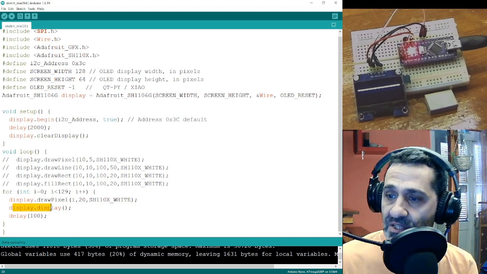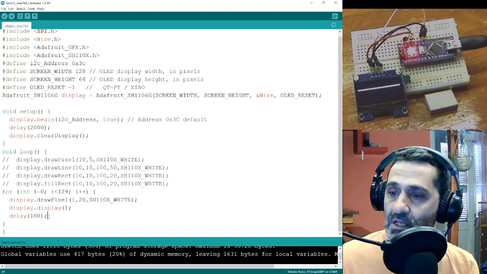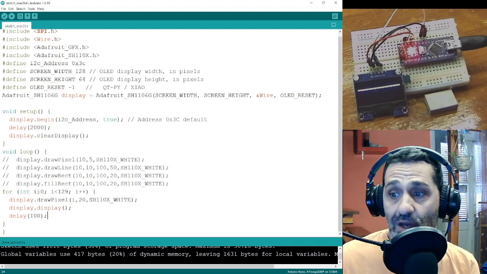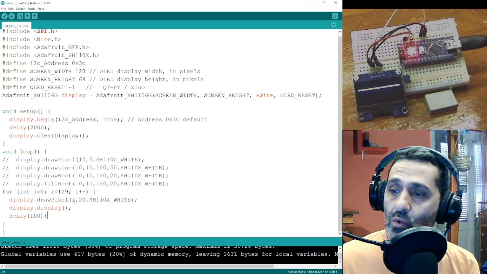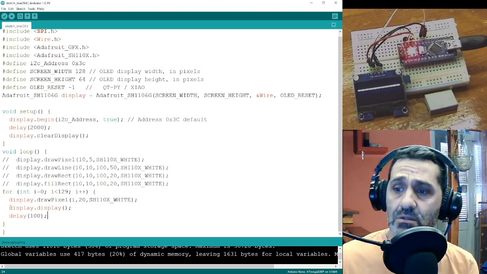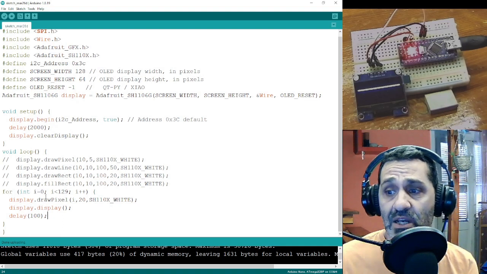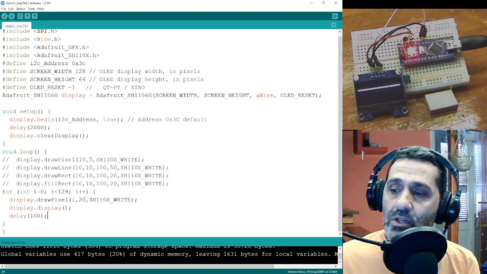Okay, it will be displayed, and we will wait 1/10 of the second. Then the loop will come back. Now the I will be 1. We will draw a pixel on 1.20, wait 1/10 of a second. Again at the beginning of the loop, the I will become 2, and we will draw a pixel